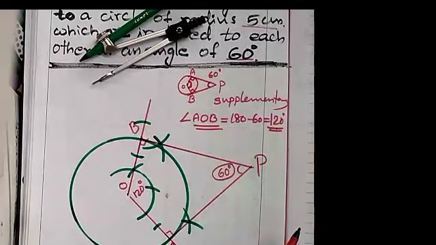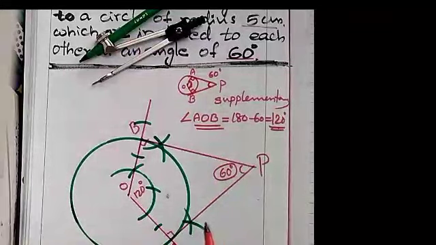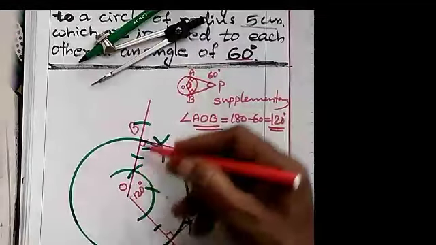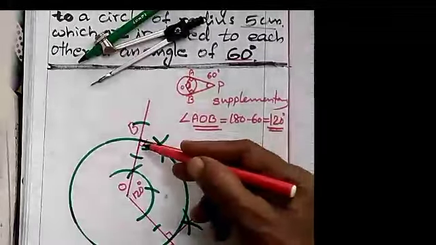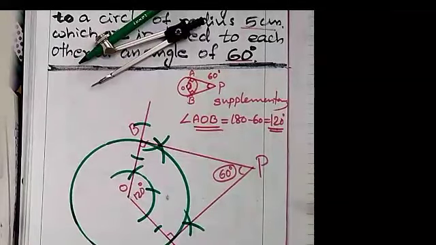So do you remember the construction? Can you understand it? First step, draw a circle of radius 5 cm. Mark the center O and draw one radius. In any direction you can draw the radius. The figure is almost like this, that you know. That's why I am selecting here OA. Then 120 degree, then OB. Then after that, construct angle A 90, angle B also 90. They will intersect at the point P. Okay.